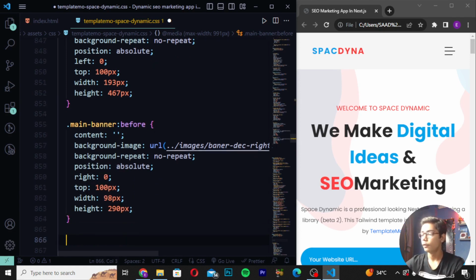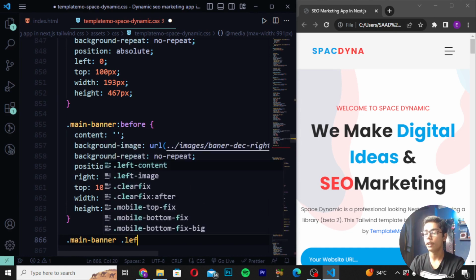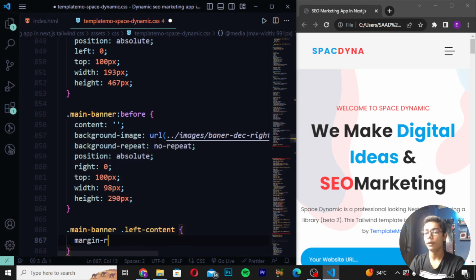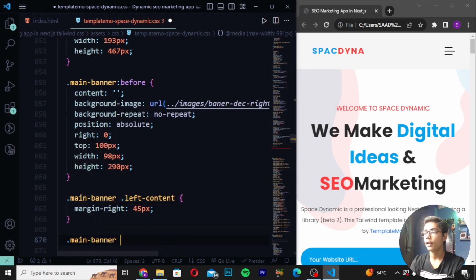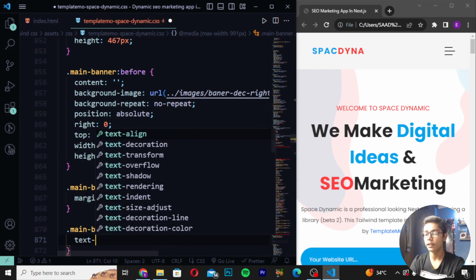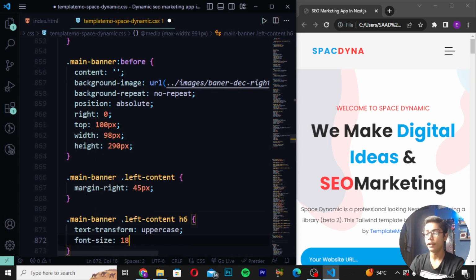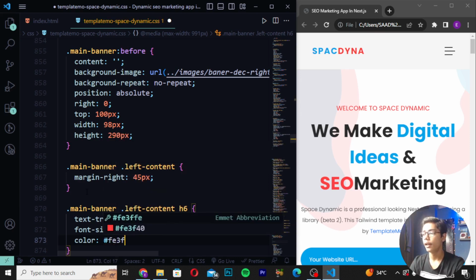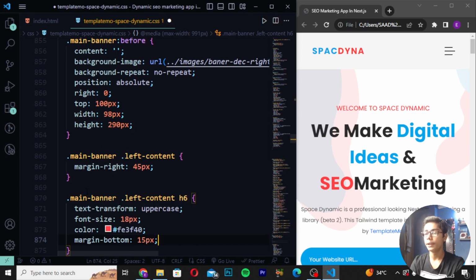Then you have to now just move down, and then after moving down, you have to now write here .main-banner, and I will be now writing here .left-content. Then I will be now just creating margin-right, and here I will be now just writing 45 pixel, and then you have to now write here .main-banner. Then I will be writing .left-content h6. Then you have to now create text-transform uppercase, and I will be now moving down and write here font-size 18 pixel. Then here you have to write color, which should be like #FE3F40. Then you have to move down and write here margin-bottom 15 pixel,